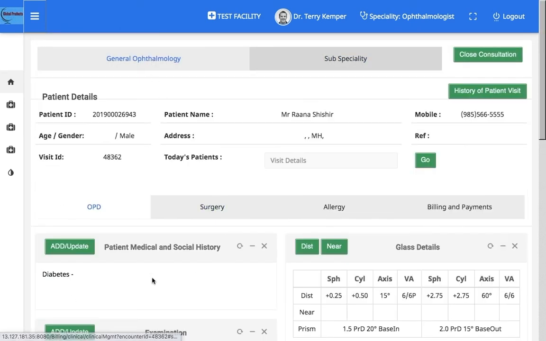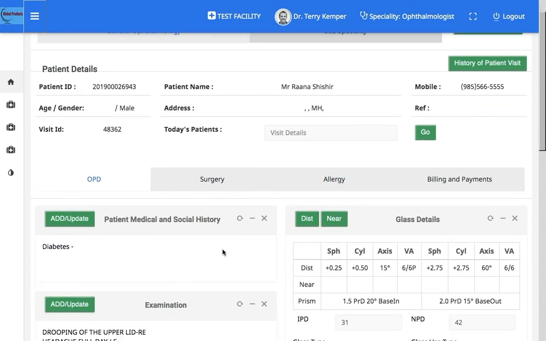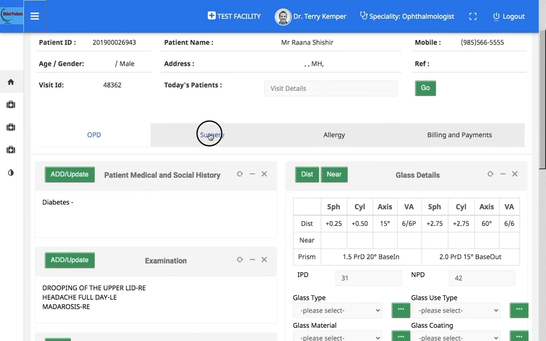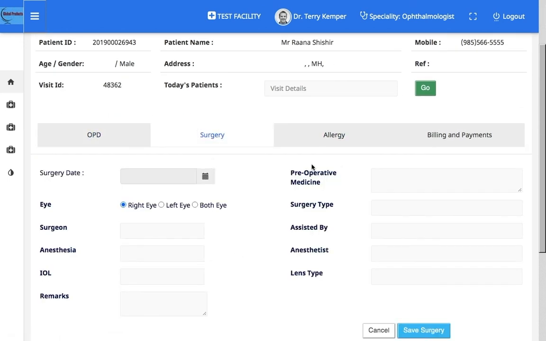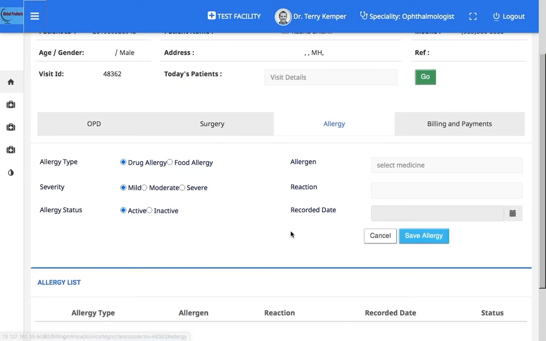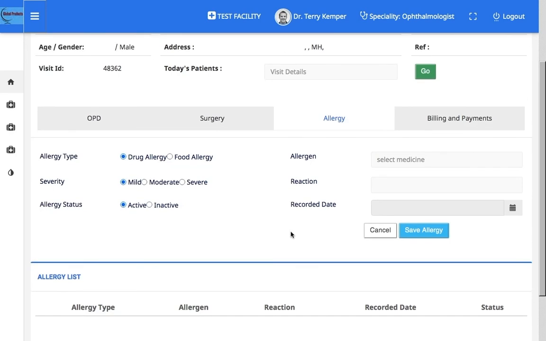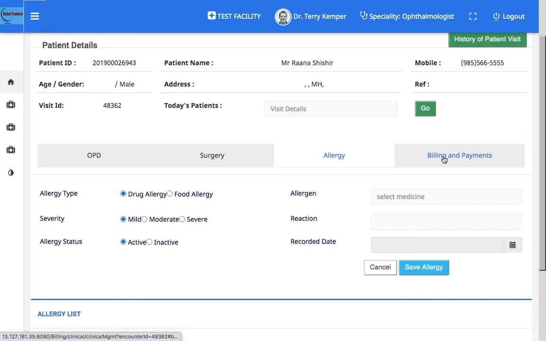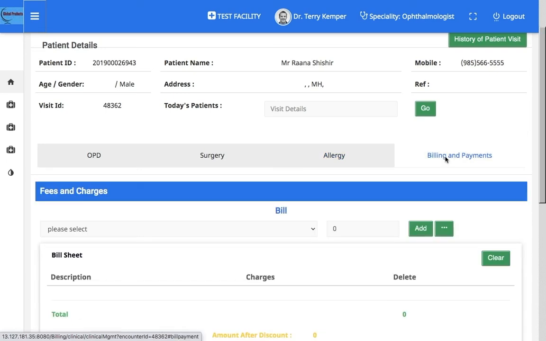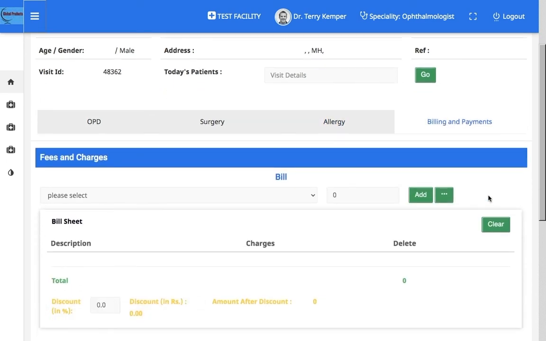And coming back to general ophthalmology, general surgery details can also be recorded. Then allergies: the allergy type, allergen, reaction, recorded date. And then is the billing and payments section, fees and charges.